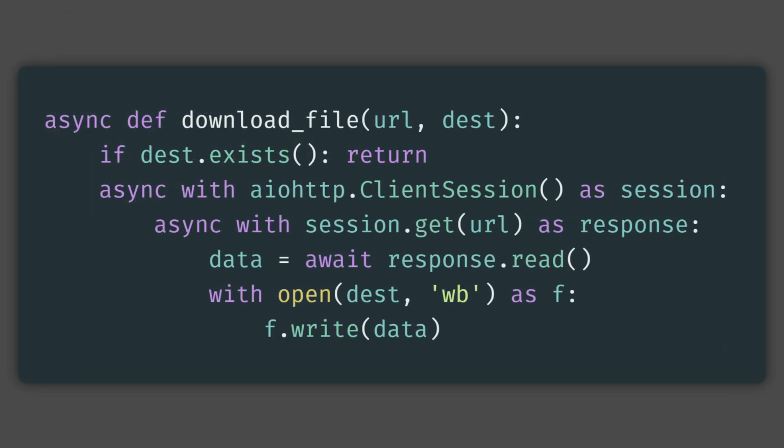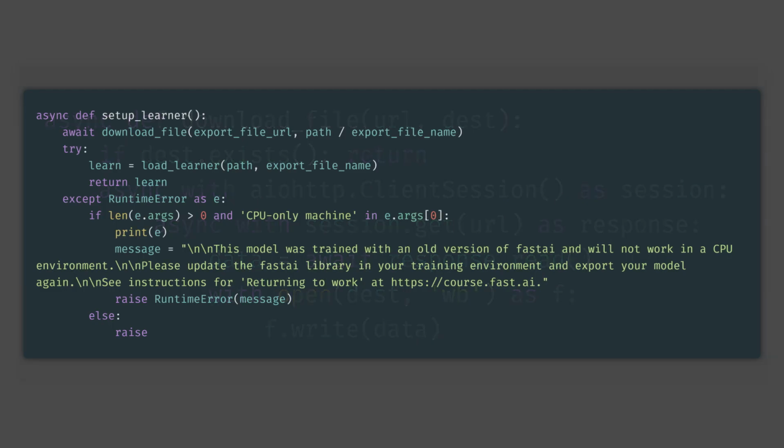Now we're going to see the functions in the backend. First we're going to see the download file. With this function, we download the model file asynchronously. First we check if we already have the file. If we don't, we get it with HTTP. Now with setup learner, we load and return the model. First we call download file with the model URL, and if we succeed, we call load learner and we return